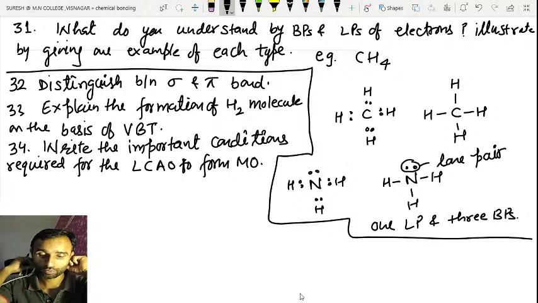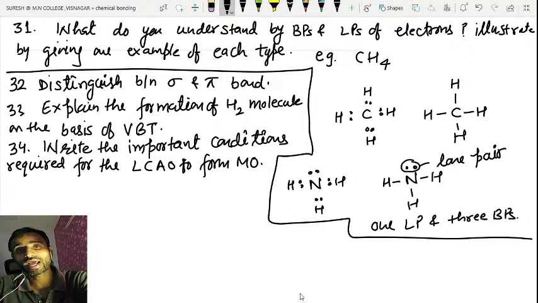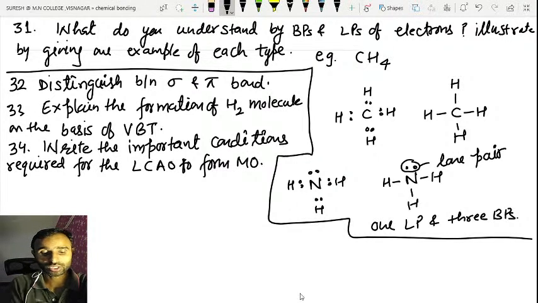To form a molecular orbital, either crest is over crest or crest is over trough. This is the formation of bonding molecular orbital and anti-bonding molecular orbital. And what are the conditions required? That the energy of the atomic orbitals is almost the same, and they have the same symmetry. See, the first condition is